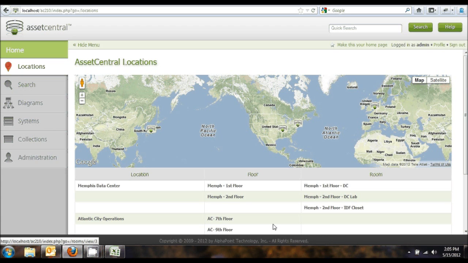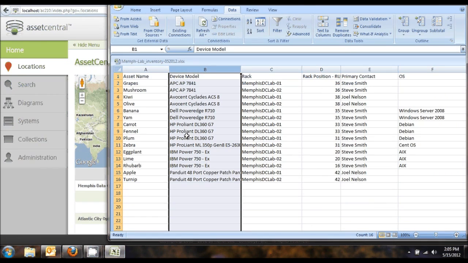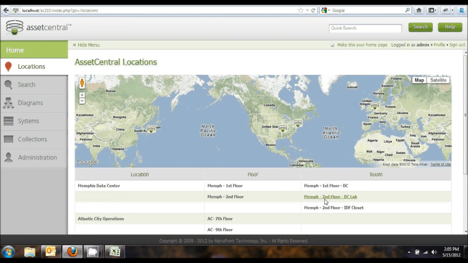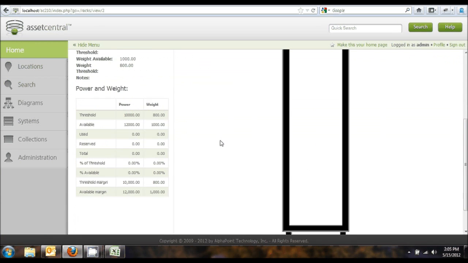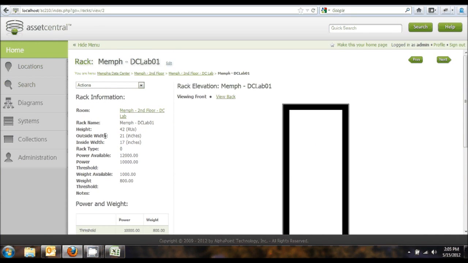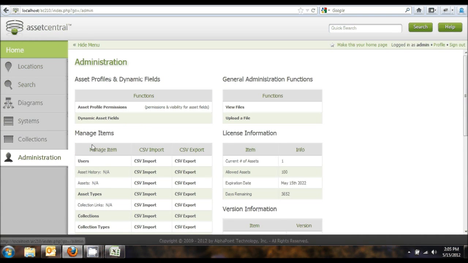What I want to do today is take this data I have about the devices in that room and import it into Asset Central so that I don't have to re-enter all this information for each device by hand. If I go to that second floor location right now, I see that I have 3 racks there, but there's currently nothing in those racks. So what I'm going to want to do is go to the administration page,